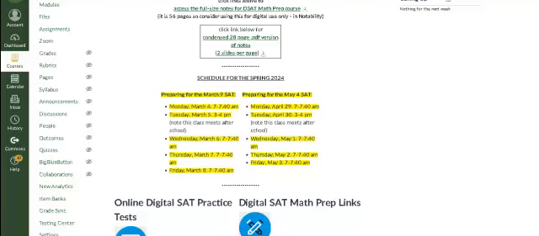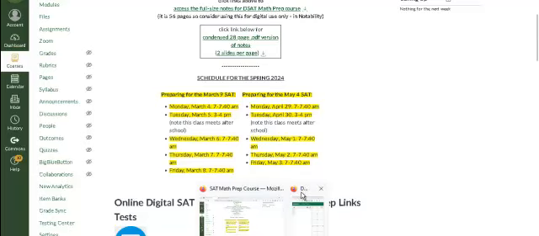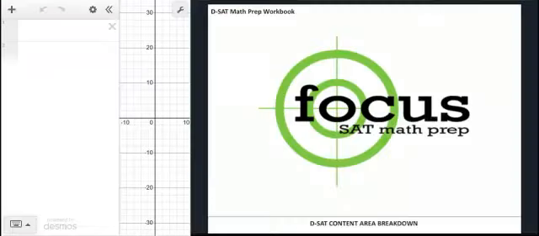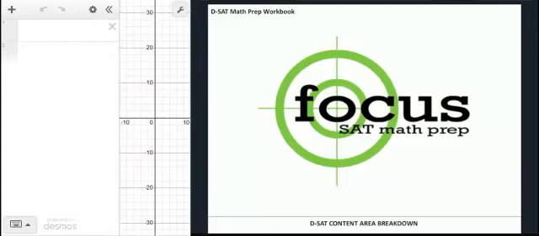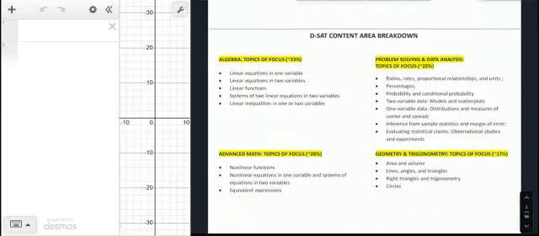All right, any questions on just kind of the logistics before we get going through the strategies? All right, so if you do have a TI-89, go ahead and take that out, because I am going to go through both by hand, by Desmos, and by TI-89 to show you how to do things, and you can pick and choose whatever's the most comfortable for you. And when I do that, I'll pull up this little virtual calculator, and you can watch either directly in front of your screens or up on the wall as I go through. All right, so